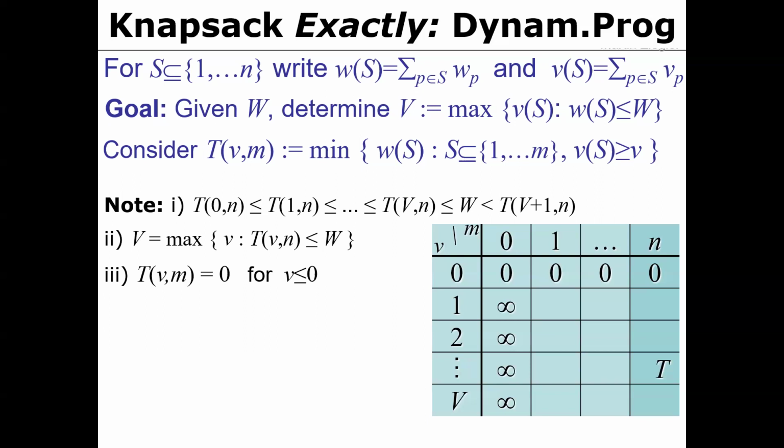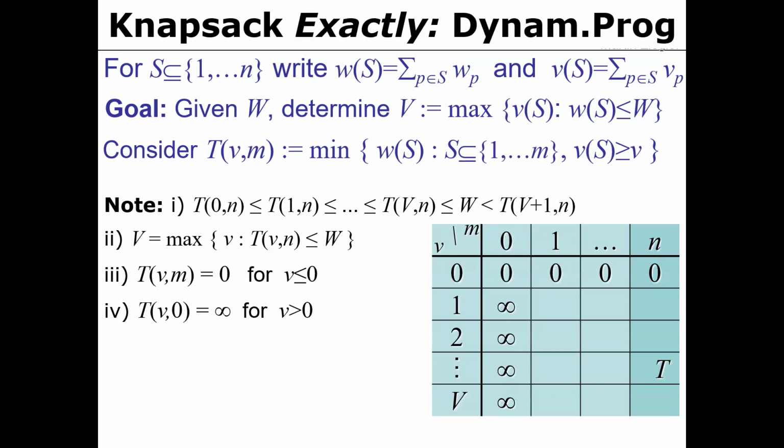Filling the left column and filling the top row, that's the initialization, is easy. The top row is where the value is 0, and in order to attain value 0, we need no packets, no weight. So that's 0. And filling the leftmost column, similarly,